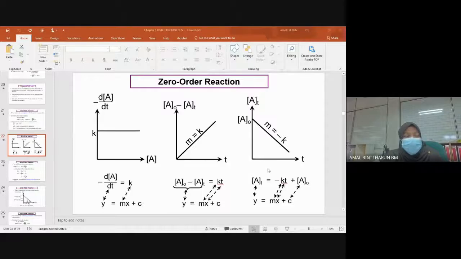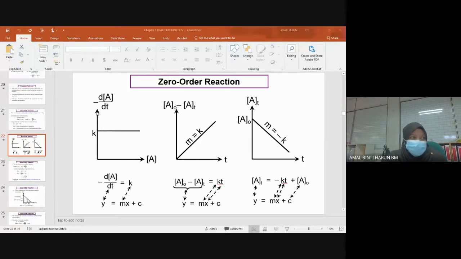plus C, where we rearrange the zero order: A initial minus A time equals KT. And then if we rearrange into y = mx + c, we get Y as A time, and then the intercept at A initial concentration, while the slope is negative, but the gradient is the value of K. And then we can also determine the relationship between the rate, dA over dt,